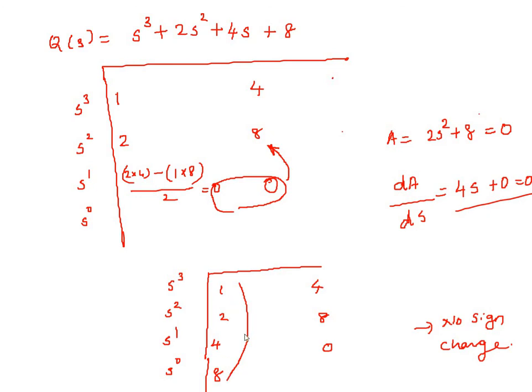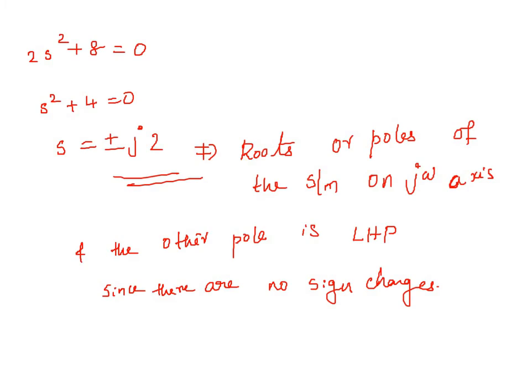So we got that there are no sign changes in the root table. That means the remaining poles are lying on LHP, but some roots are lying on the imaginary axis. Those roots we can find using the auxiliary equation, because the roots of the auxiliary equation will be the roots of the characteristic equation. So if we solve this auxiliary equation, we will get s is equal to plus or minus j2. That means these two are the poles of the given system that are